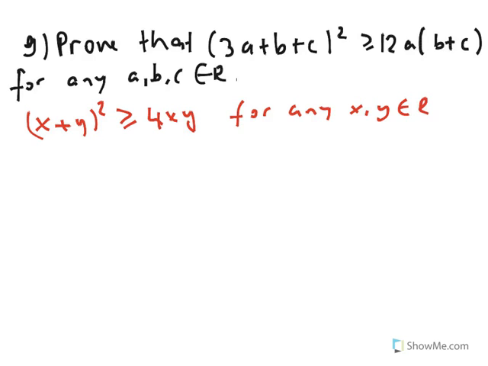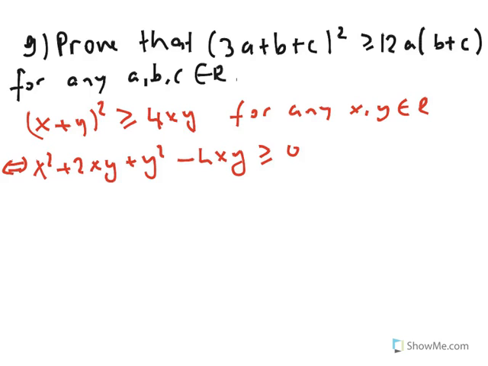Well, this is x squared plus 2xy plus y squared minus 4xy is greater than or equal to 0. Well, this is the same as this inequality. So that is (x minus y) perfect squared. Since it is a perfect square, it is always non-negative. So for any x, y in real numbers,